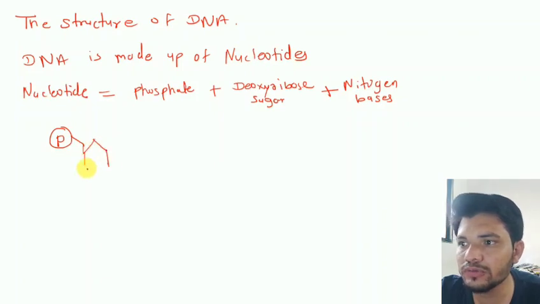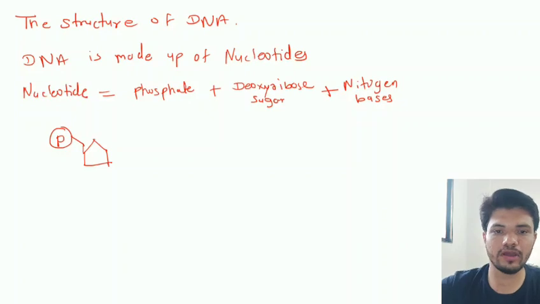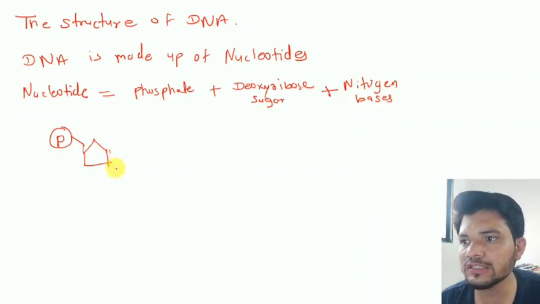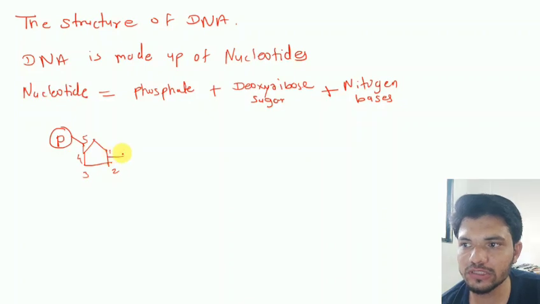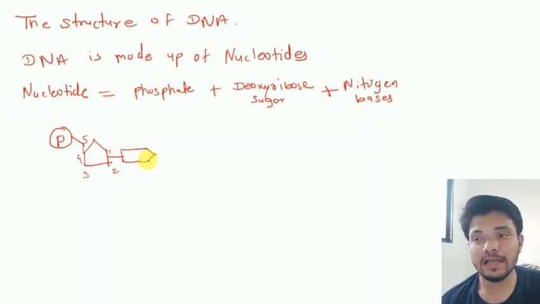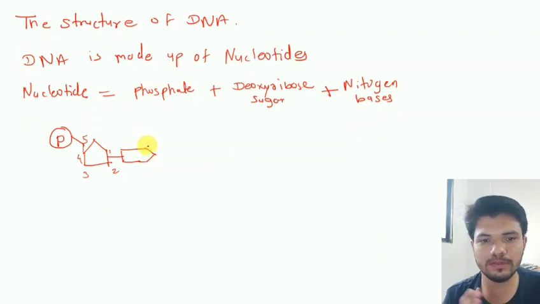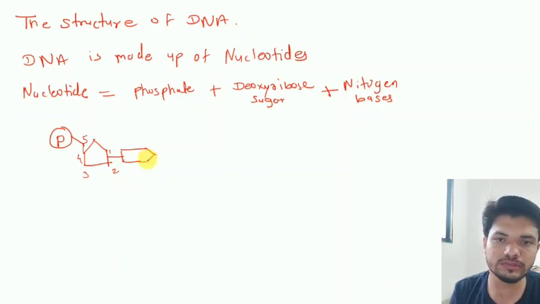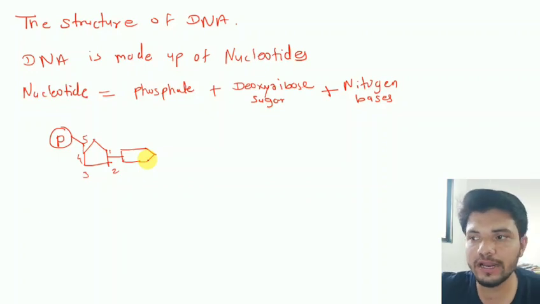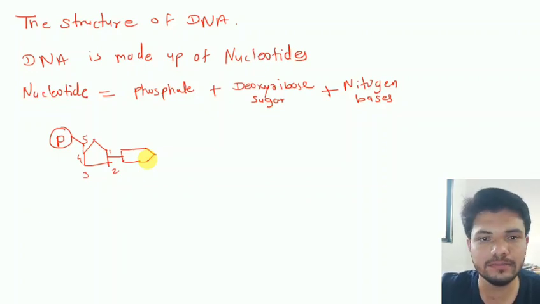Okay, so I have drawn this phosphate for you, and the sugar will be present in the middle like this. As I told you, this sugar is made up of 5 carbons. So this is first carbon of the sugar, this is second, this is third, this is fourth, and this is fifth carbon. Okay, and to this sugar the nitrogen base is attached like this. The nitrogen base can be adenine, guanine, cytosine or thymine. One of 4 nitrogen bases. Not all 4 nitrogen bases will be present in a single nucleotide. One of these 4 nitrogen bases will be present in the nucleotide.